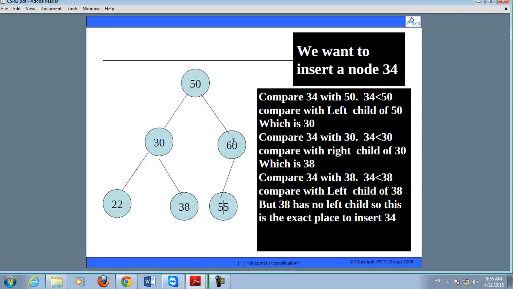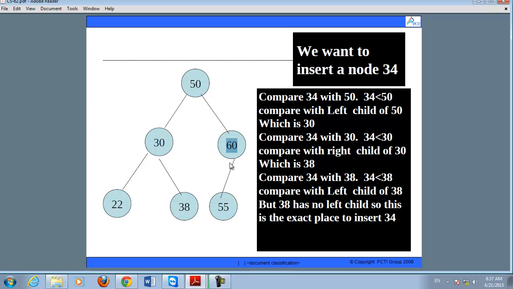But if you want to delete 60, then the child of 60 is 55. Then what will happen in this condition? The 55 will come in place of 60 and the 60 will be deleted. Means we will rotate, we will bring 55 to the place of 60. It means 55 is right now here. After deletion 55 will come at this position and the 60 will be deleted from there.